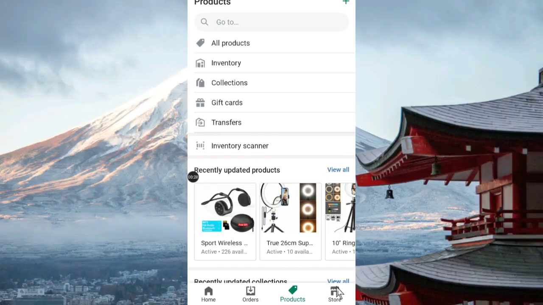I did a video on how to create a collection, so you can check that video in the description. When you open your store, like this, I'm using the app version of the Shopify platform. So what you have to do is that when you open, you just go to your store,